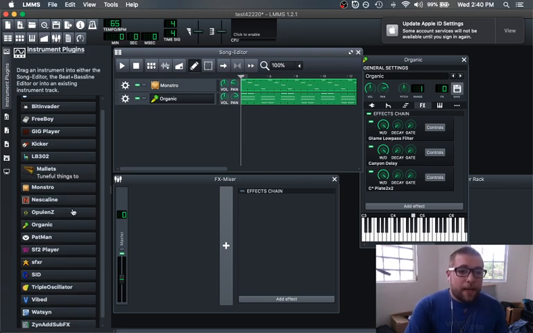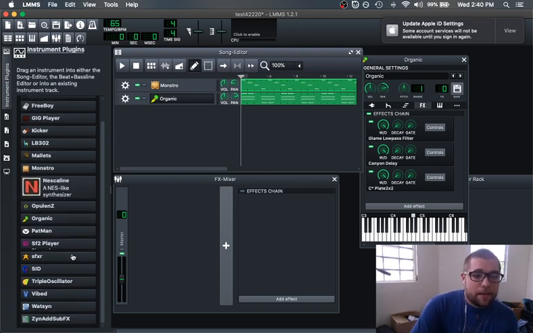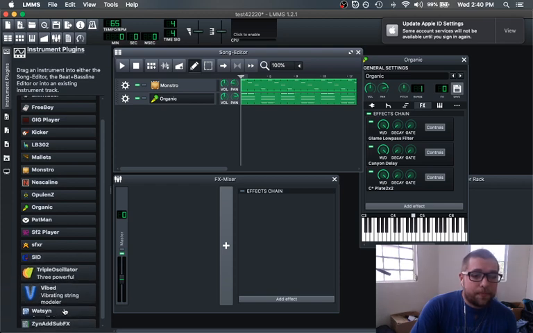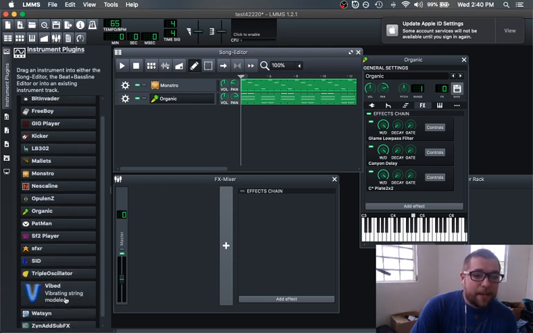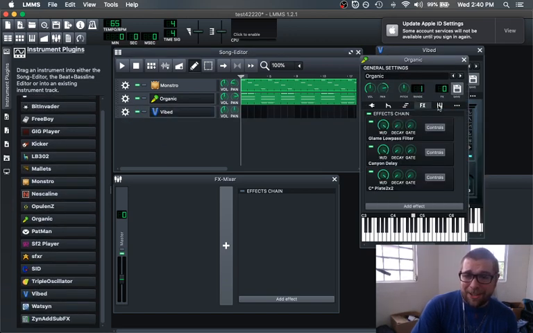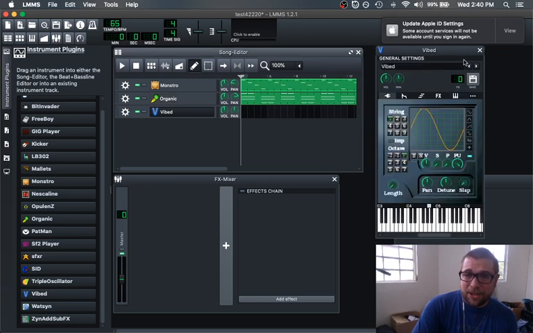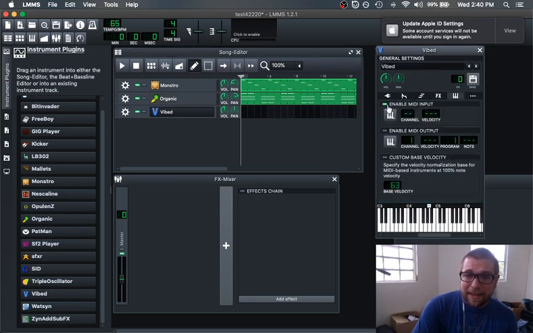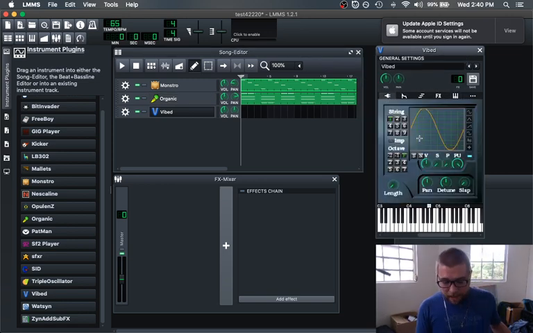Let's see what we got here for another track that we can add. Some synthesis here. Vibrating string modeler. It's going to actually sound like a string. I'm not sure. Some of these aren't very string-like. They're kind of tacky. This looks like a waveform to me.